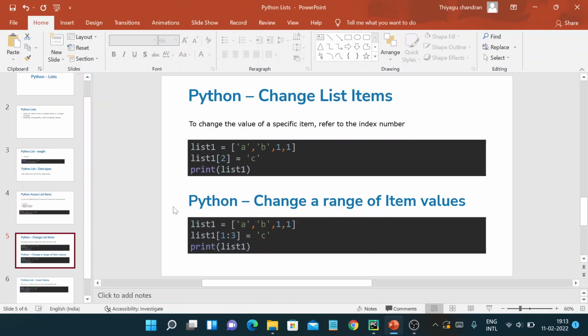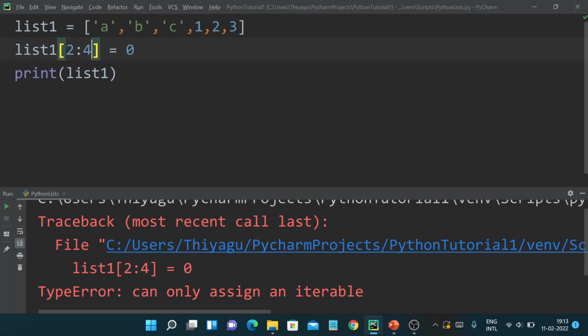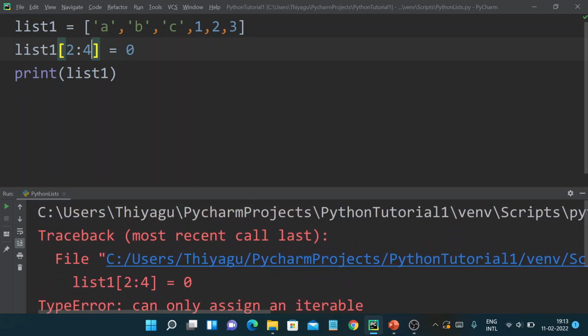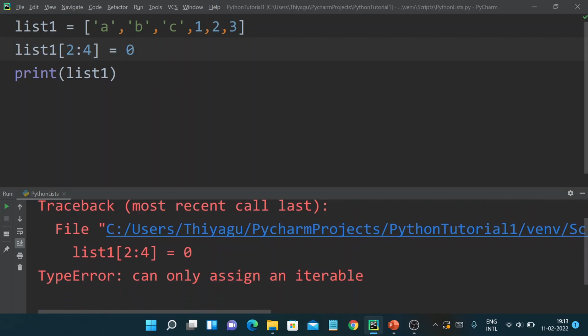What's the mistake I'm making? I'm not sure what's the error I'm facing here. What does it say? Type error, can only assign an iterable, which means